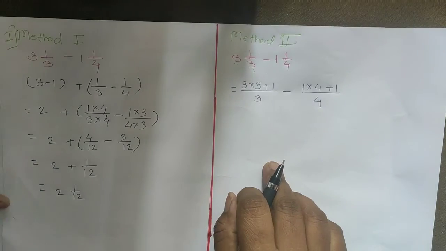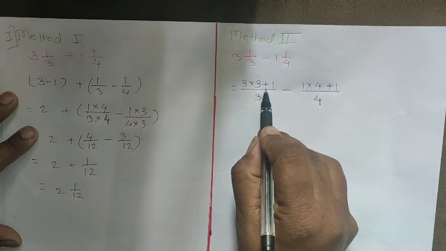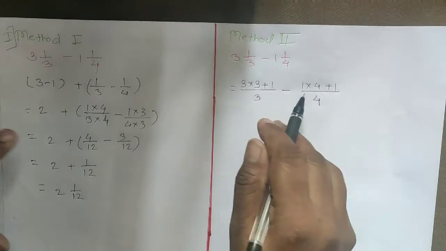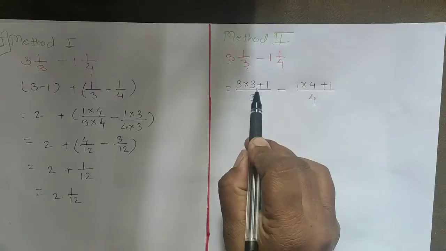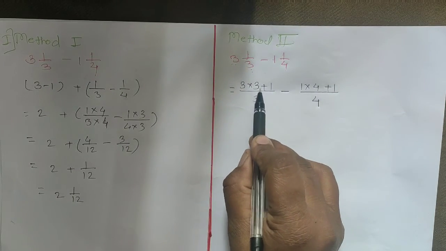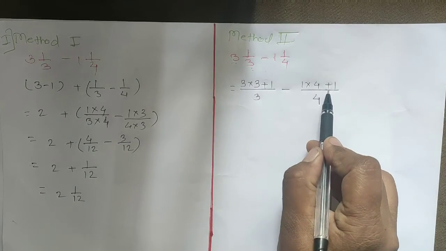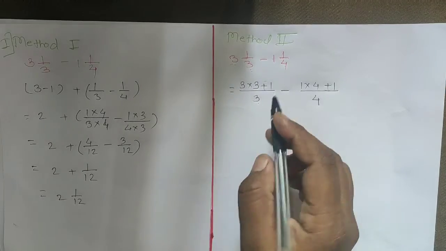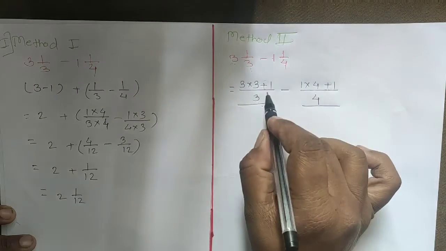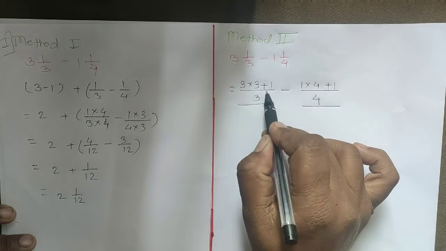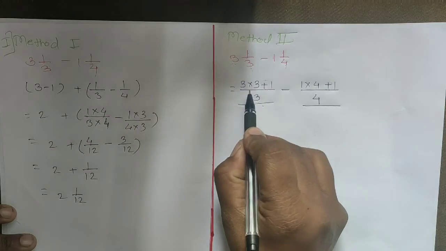And I told you that here is a plus sign only. Sometimes students make mistakes. Even in subtraction examples, students write a minus sign at these places. Actually, this is the method of conversion of a mixed number into an improper fraction. If you write a negative sign here, your answer will be wrong. So this is the fraction.